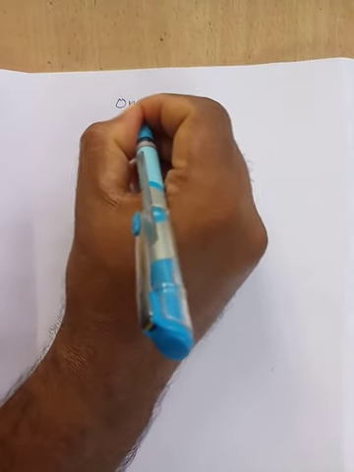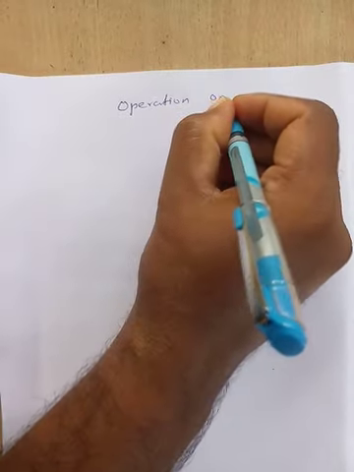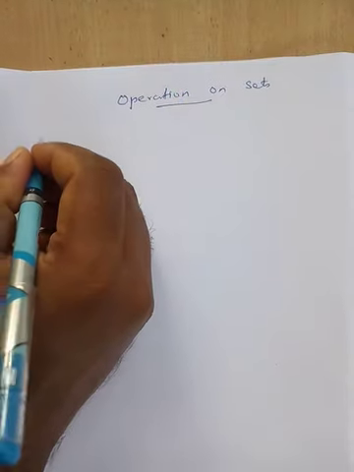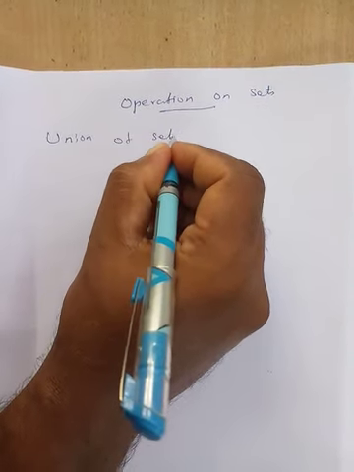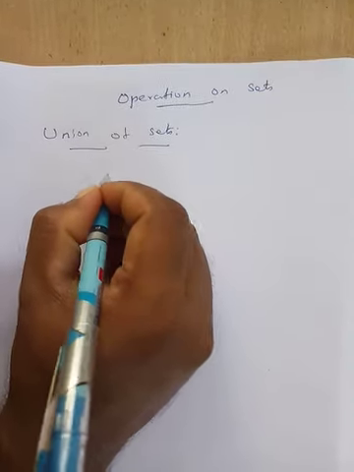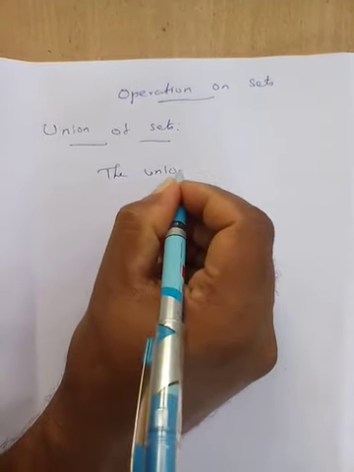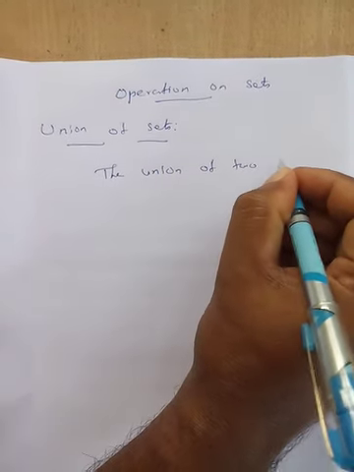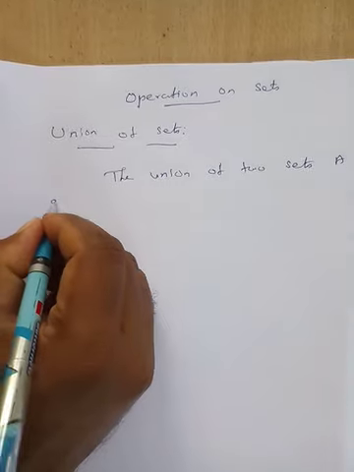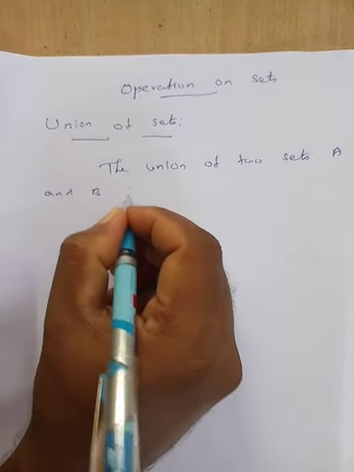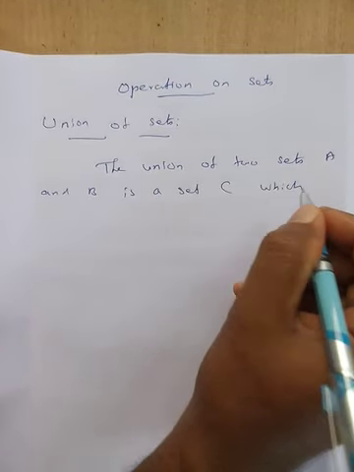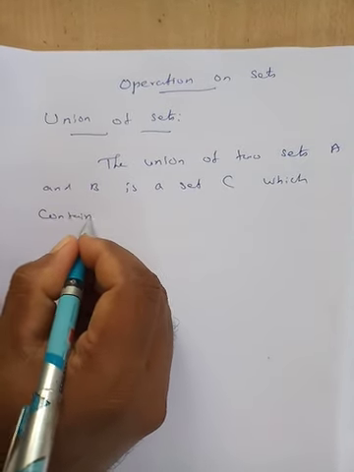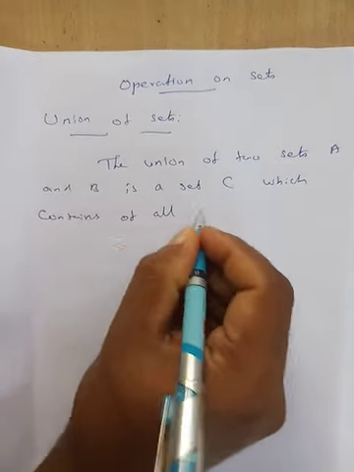Now, operations on sets. The first operation, union of sets. The union of two sets A and B is another set C, which contains all those elements